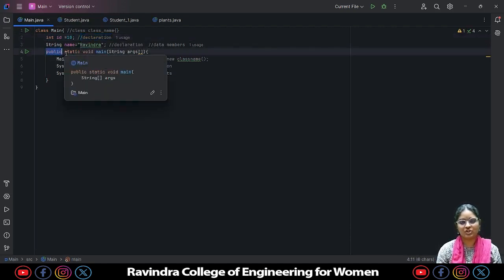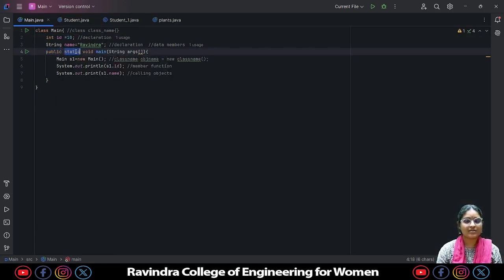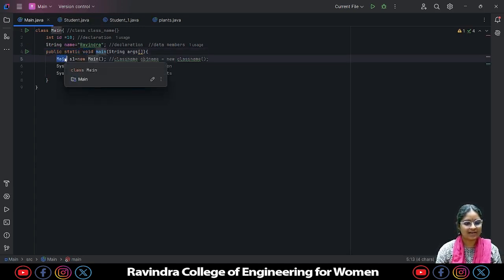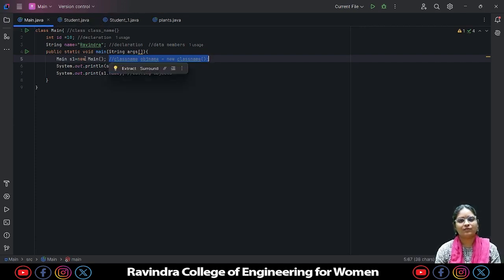In encapsulation we saw there were 4 access specifiers, and here the static method, it returns void. And here the main function. Main here is the class name, which is for the object name. We were creating an object here of the class name, with the object name equals new. Why are we using new?